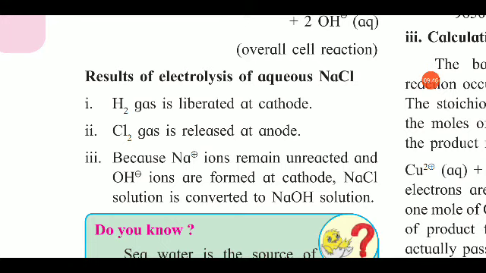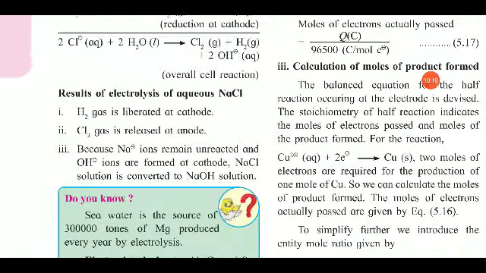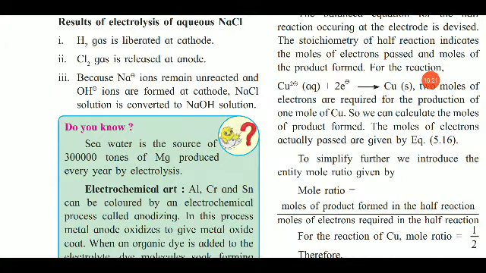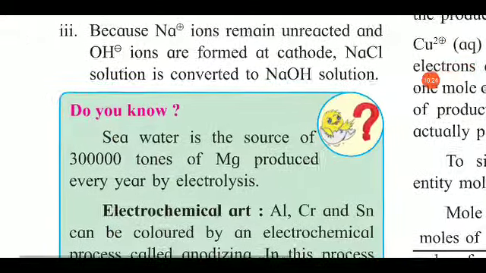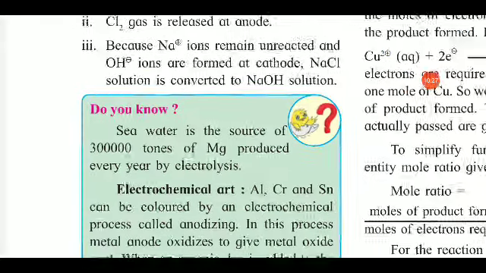The third point is that because Na+ ions remain unreacted and OH- ions are formed at the cathode, NaCl solution is converted into NaOH solution, which is a very important result in the electrolysis of aqueous NaCl. What does it mean? The water remaining at the end of electrolysis is converted into sodium hydroxide solution, that is, NaOH solution. So the water left behind is basic in nature because of the NaOH present in it. Now students,